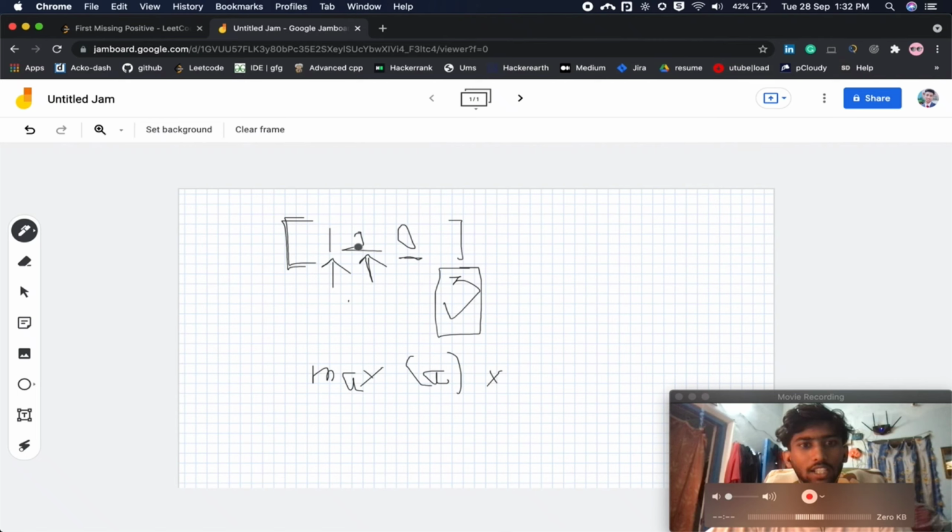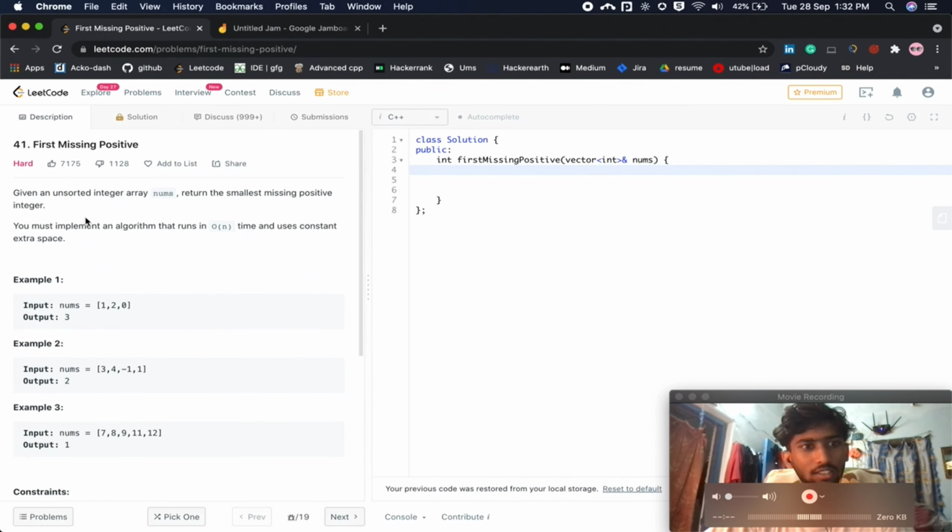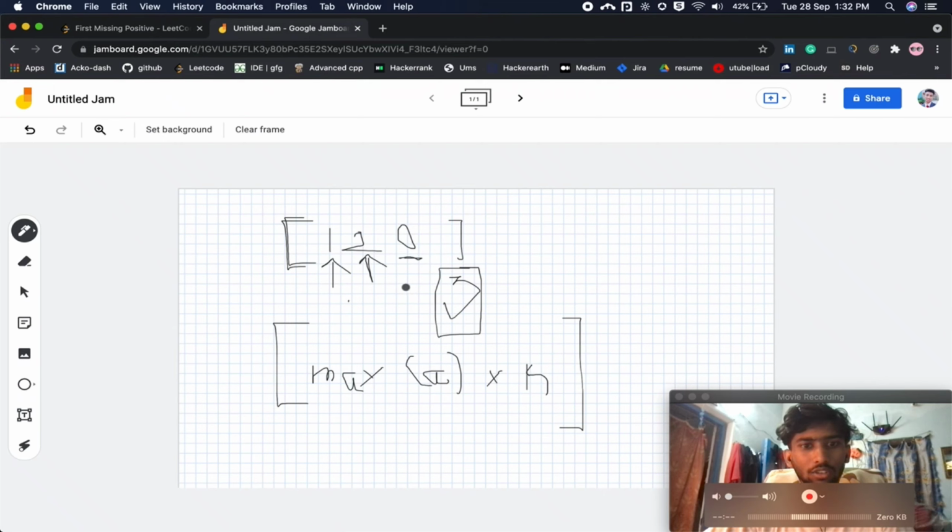If it takes big O of n time to search one element in the array, then the time complexity for this brute force approach becomes max of the array times n. But it's written that we have to implement the algorithm in big O of n time, so we can reject this case.